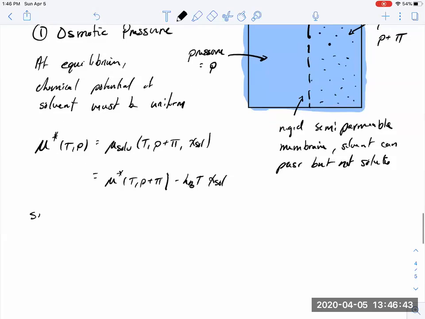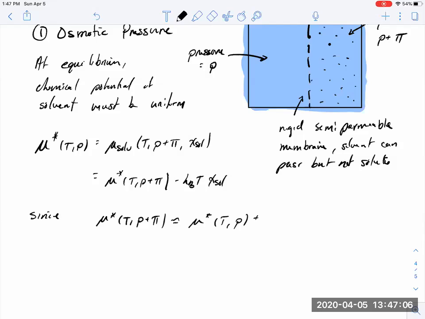Now, since the chemical potential in the pure phase at some temperature and elevated pressure is equal, at first order, to the chemical potential in the pure phase at that same temperature and the original pressure,